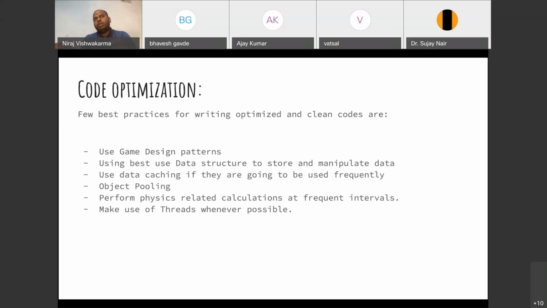So if you write something physics related in Update functions, sometimes you will see the calculations of the physics are not proper, because the FPS of the game is sometimes high, sometimes low. And if this is happening with the physics related calculations, then we might get some weird effects related to physics in the game. So in order to avoid that, we can write physics related calculations under